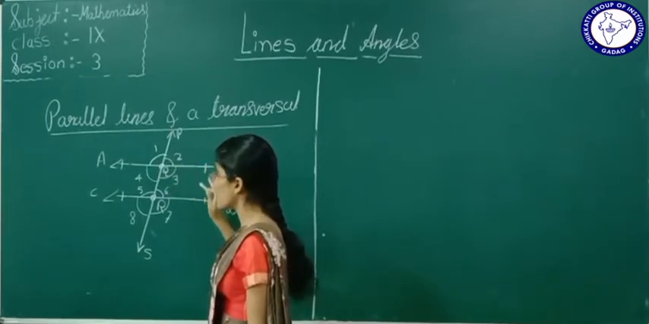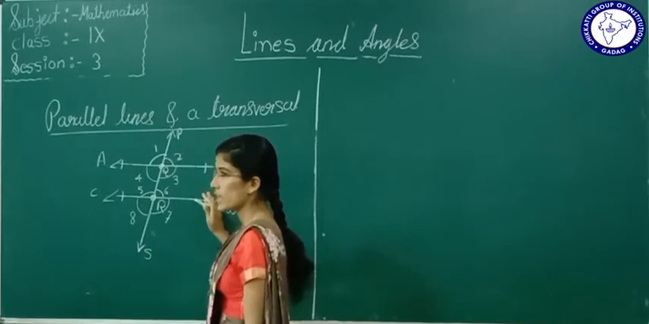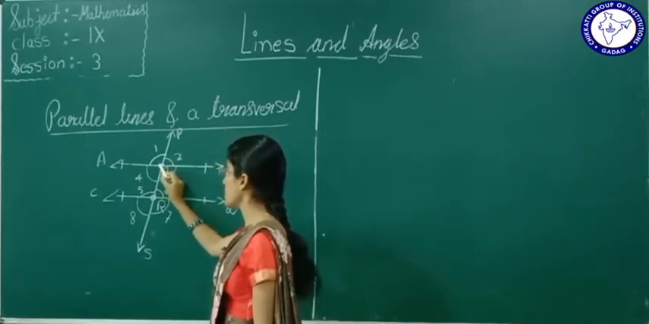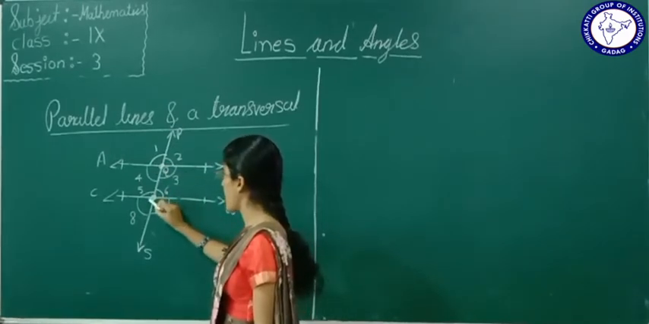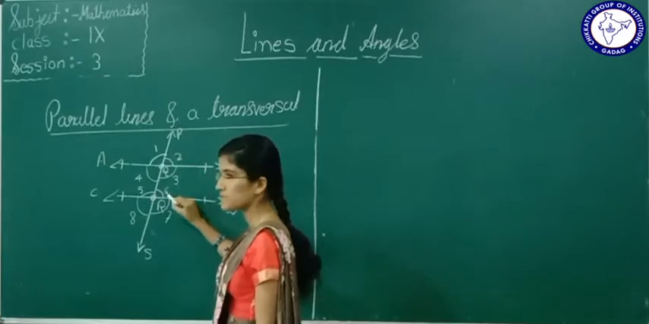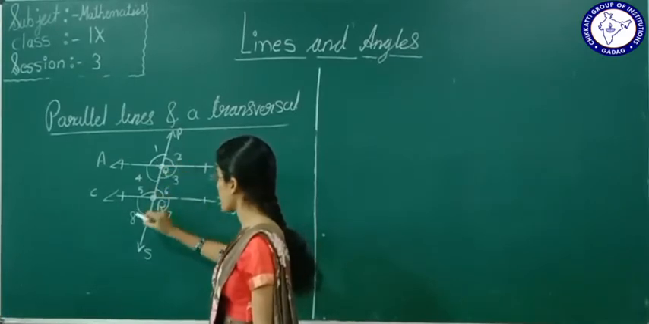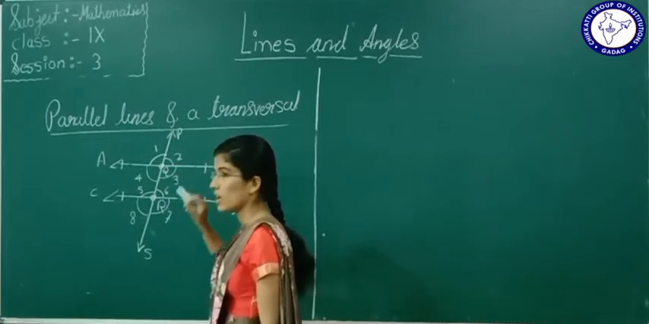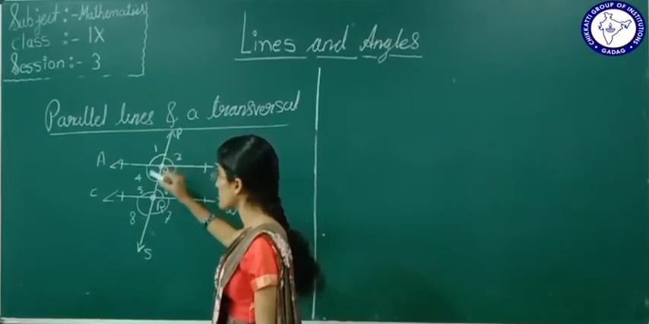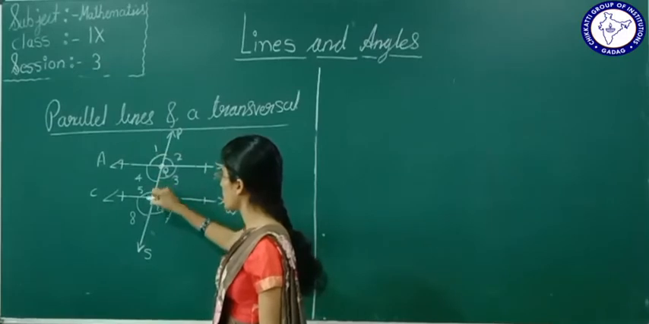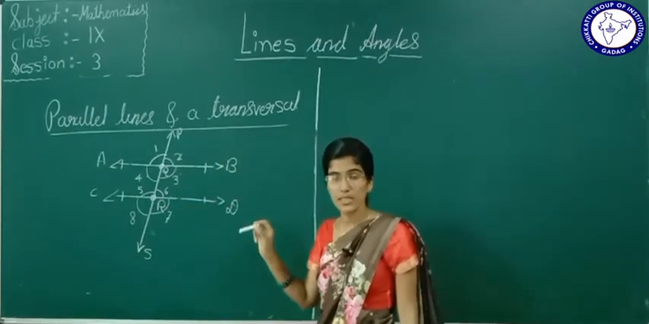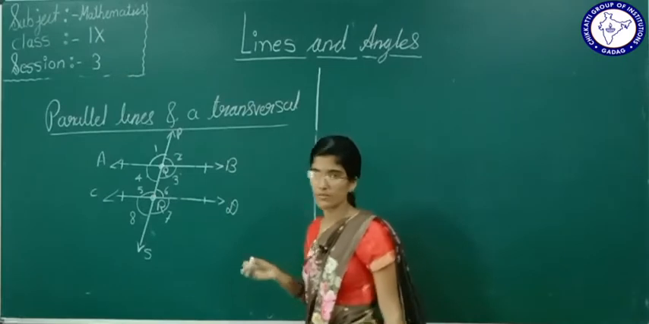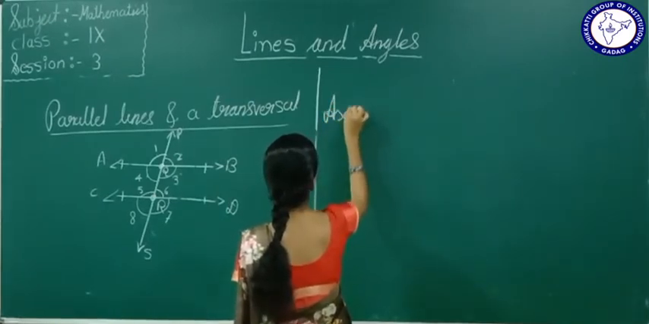When you draw like this, take your protractor and measure angle 1 and angle 5, angle 2 and angle 6, similarly angle 4 and angle 8, angle 3 and angle 7. These are nothing but corresponding angles, no? Angle 1 and angle 5, angle 2 and angle 6, angle 4 and angle 8, angle 3 and angle 7 are corresponding angles. If you measure them, the angles are going to be equal. The first axiom is,